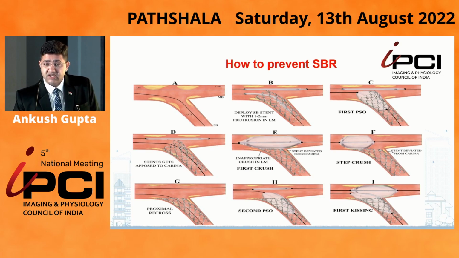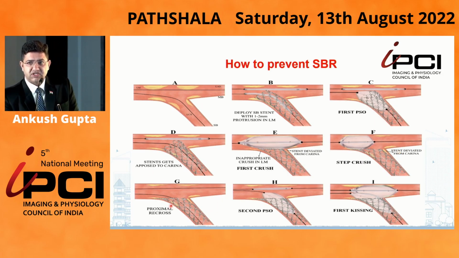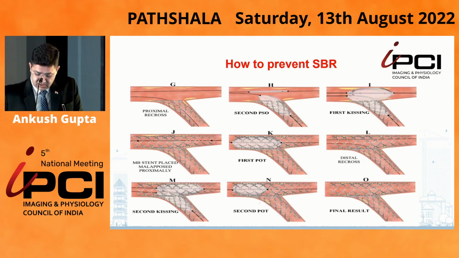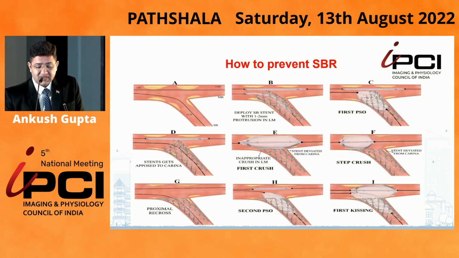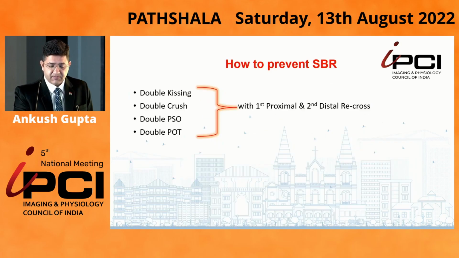And once you do the crushing of the side branch stent, there is always a risk of deviation of stent struts from the carina. So that is why the first recross should be proximal. But before the first recross, the step crush is very important. Because if you have not done step crush and we are trying to go proximally, we may go abluminally, again leading to a large amount of stent struts across the side branch, followed by, to oppose these stent struts that have been deviated from the carina, the second PSO is required, followed by first kissing, main branch stent placement,